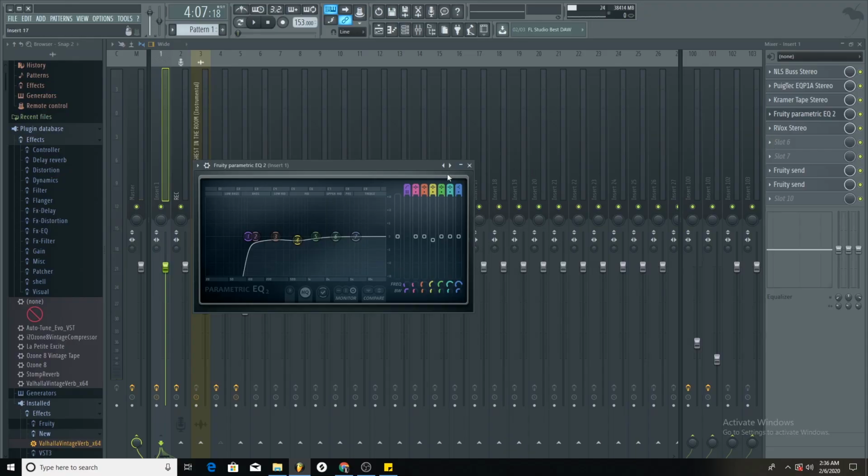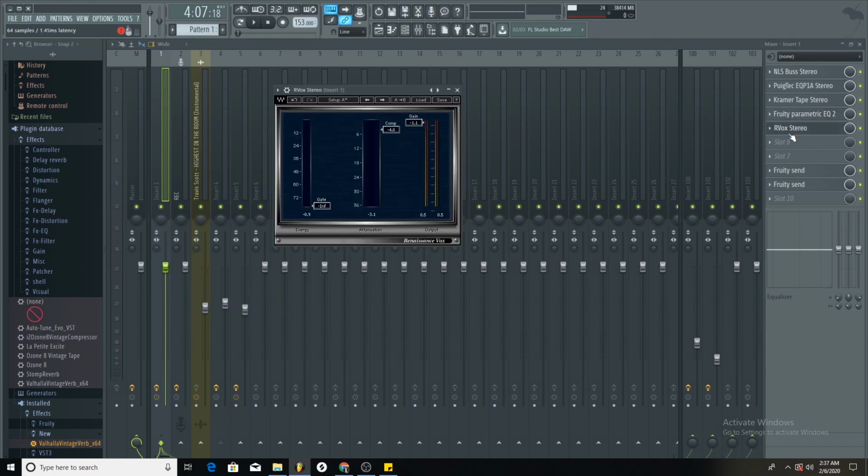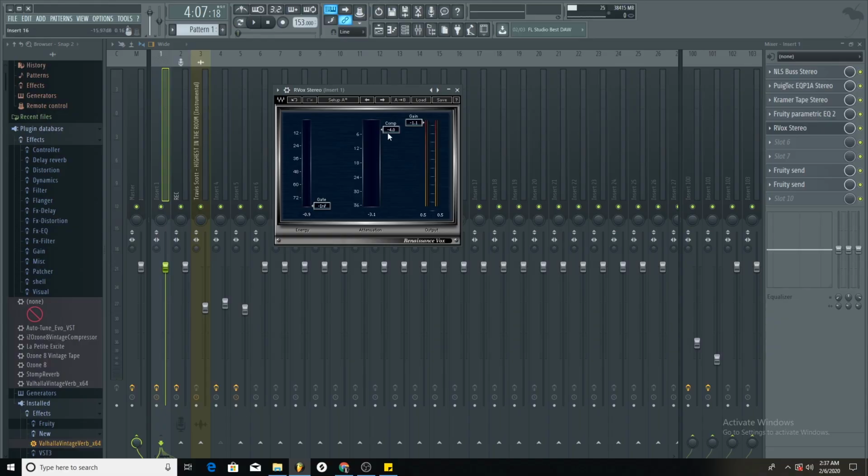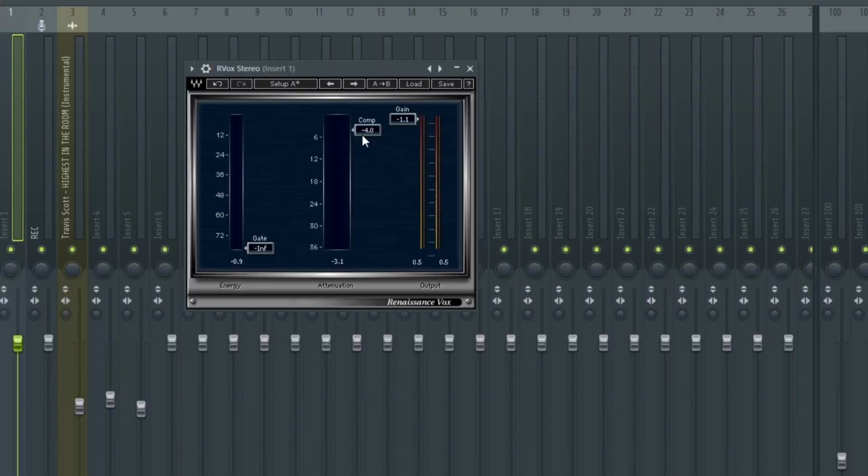That's what you want. EQ, cutting out whatever low end might be coming through again. And just to tighten the whole mix up, because the mix wants to go like this. You feel me? And we want the mix to be in the pocket of the song. So one last compressor called the Arvox, one of my favorite compressors. Two knobs, compressor and the gain. I compress it just enough so that it activates when the vocals come in. When it activates, it tames it nice and perfect so that when you want to blend it into your song, it fits right in the pocket. And it's just this beautiful blend.